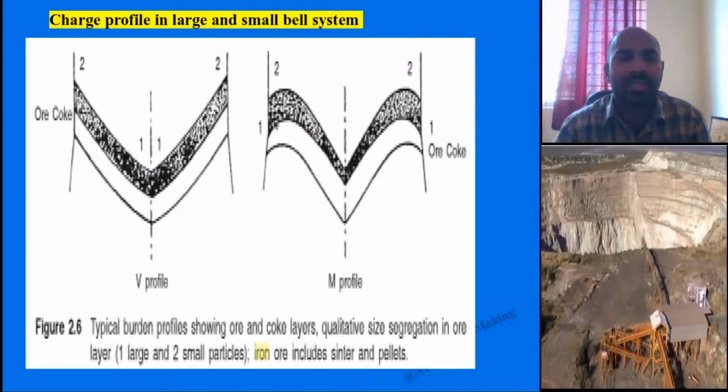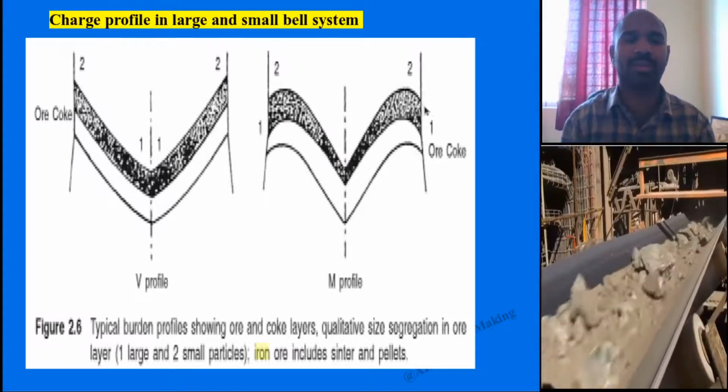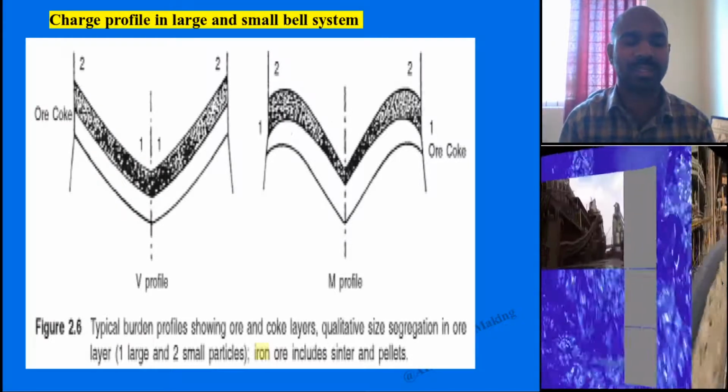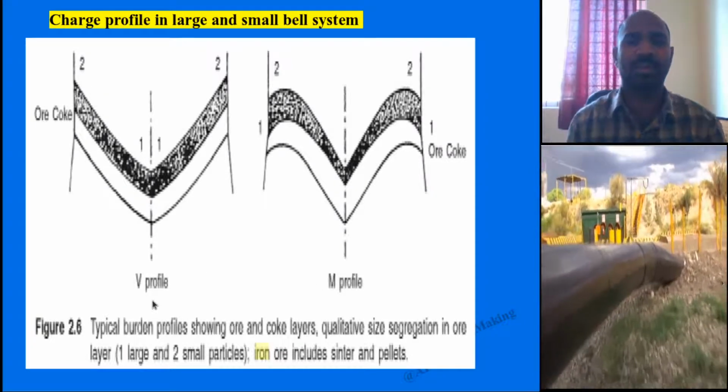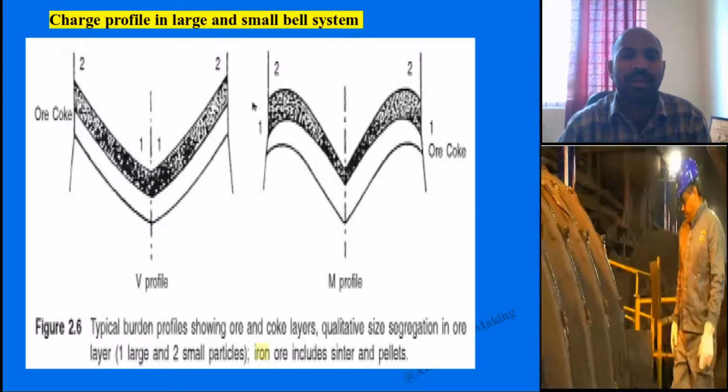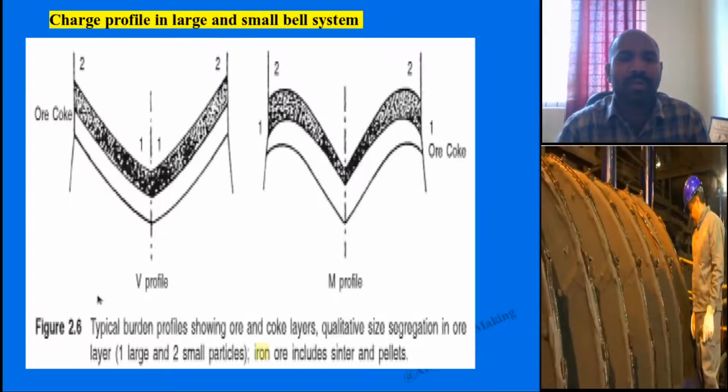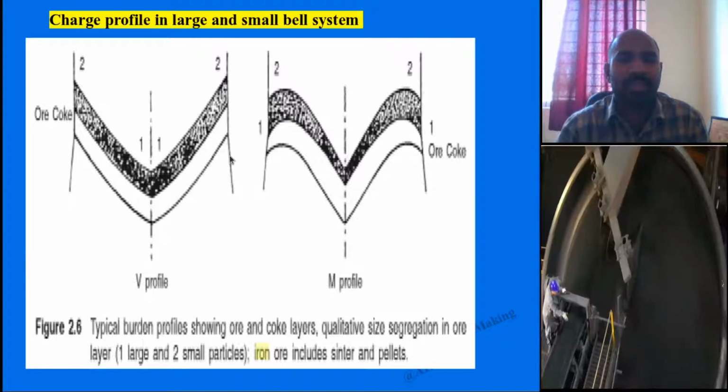And if excess happens at the periphery, it shows a hump, that is an M shape. And if there is no excess, that is a V shape. It is supposed to be controlled, and this is also one of the problems.